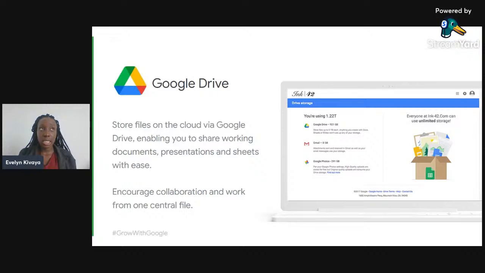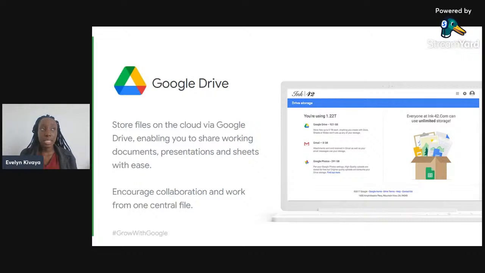So what I'm advocating is that it's really essential to get Google Workspace for convenience, especially in your team, in your organization, in your company. And also another thing under Google Drive is that Google Drive is really important, especially for storage, in that it stores files on cloud via Google Drive, of course, and it enables you to share working documents, presentations, and sheets with ease. Another thing about Google Drive is that on a free version, it only offers 15 GB storage space.